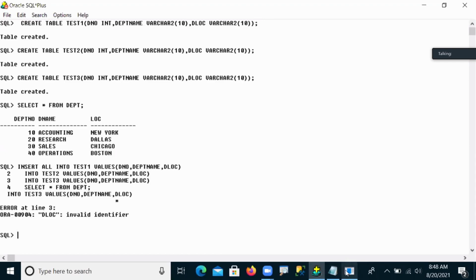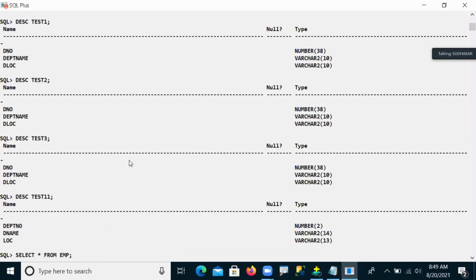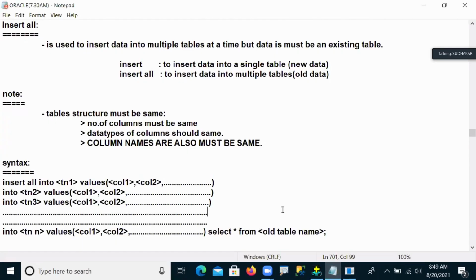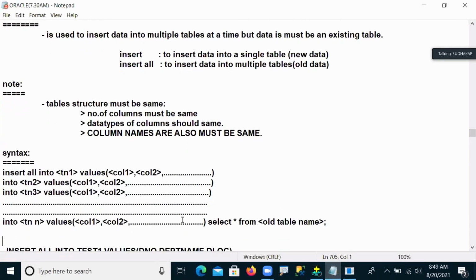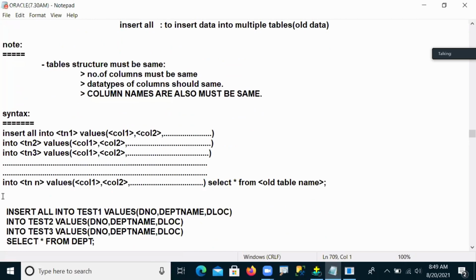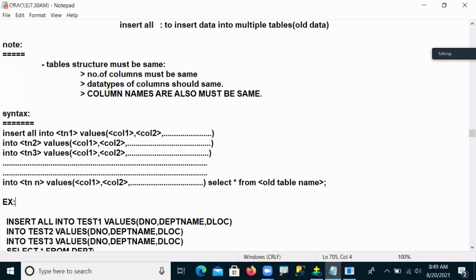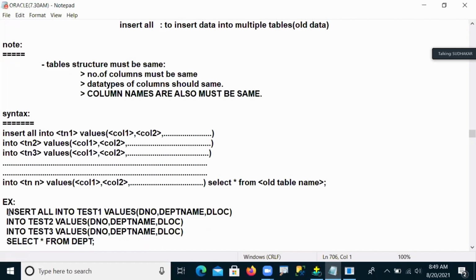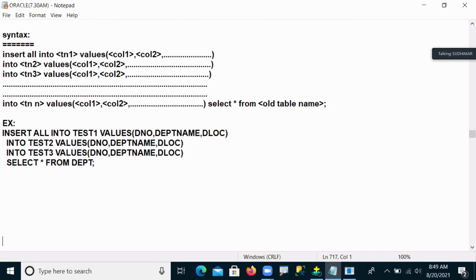Now guys, this is the insert all command. So now I want to take my syntax example. I want to take the same column names here. The below example I was taking now, right? The insert all command uses some existing table data. Whenever you want to insert existing table data into a newly created table, there we can use the insert all command.